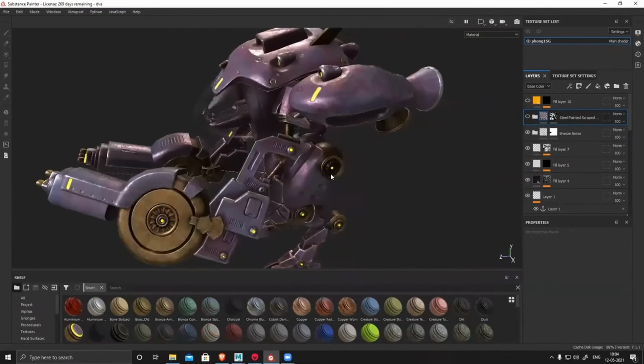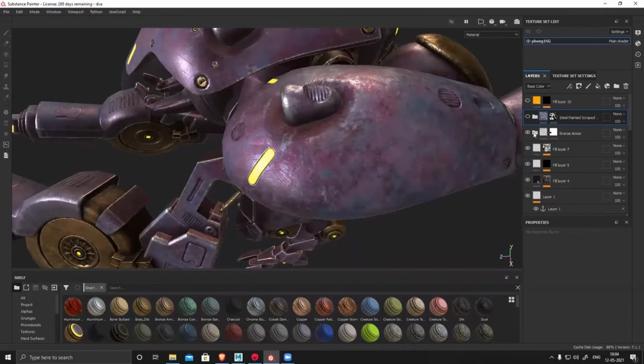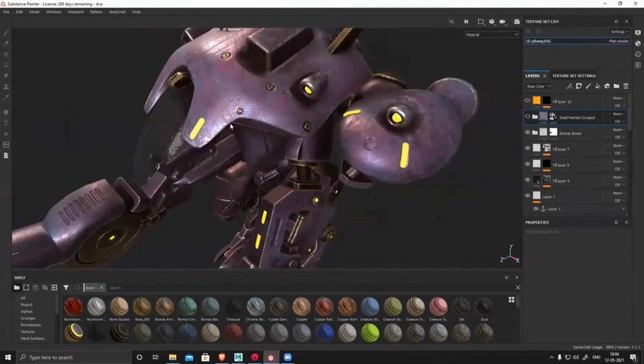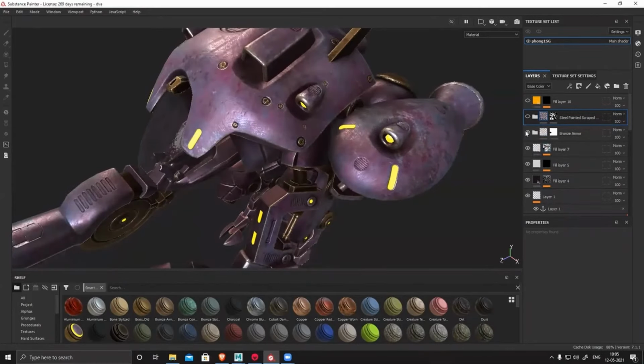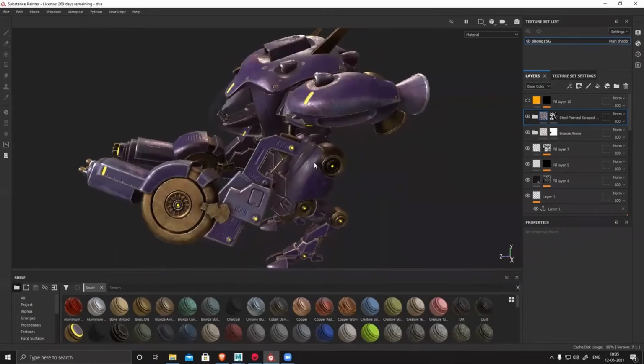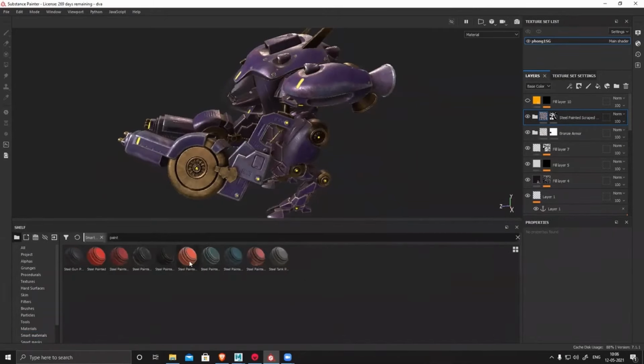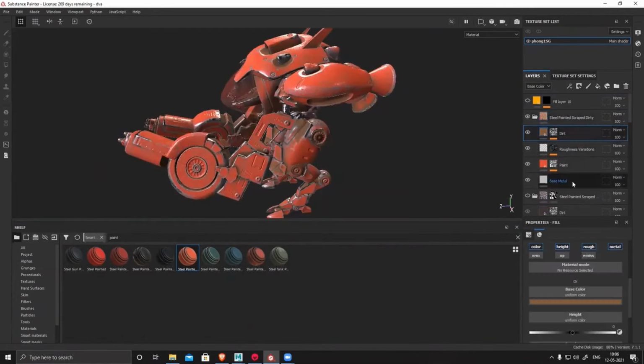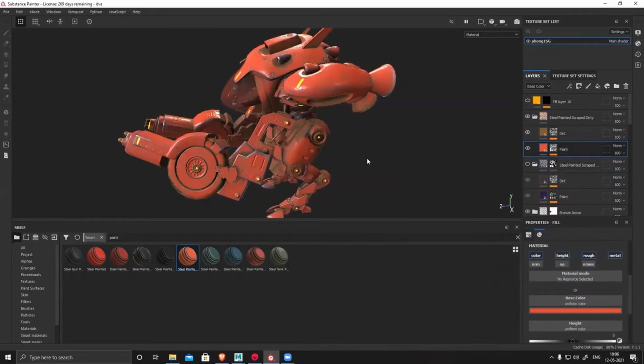So I wanted to have that paint layer on it. I combined a couple of smart material textures and added all the scratches and everything on the base, and then I added a paint layer on it. It's a preset, it's already there in Substance. I just used that and changed all the colors and modified the preset.